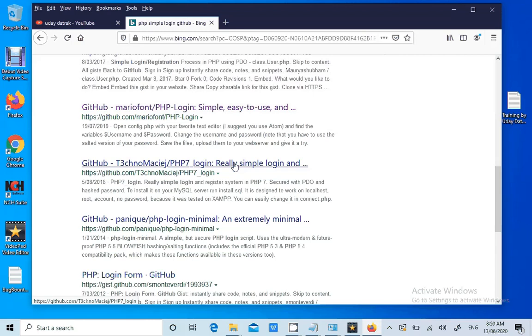Once you are comfortable with the web application and understanding the web application code, or the process flow, what is happening when you enter some data on the registration page, or what is happening when you enter some data on the login page, you will be able to understand what all the attacks need to be performed on those pages. So this is very crucial, guys.